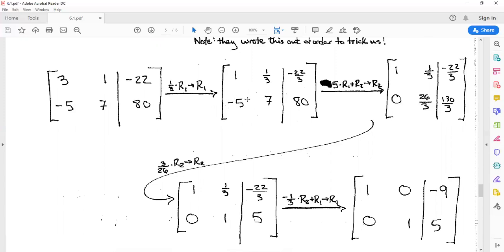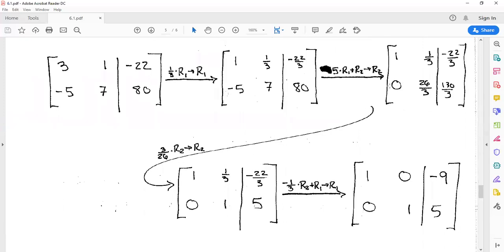Or make the number below it equal to 0. And so what we can do is add 5 times the first row to the second row. So we'll replace the second row with what we get when we take the second row and add 5 times the first row to it. So that will give us, in the first entry of the second row, -5 plus 5 times 1,